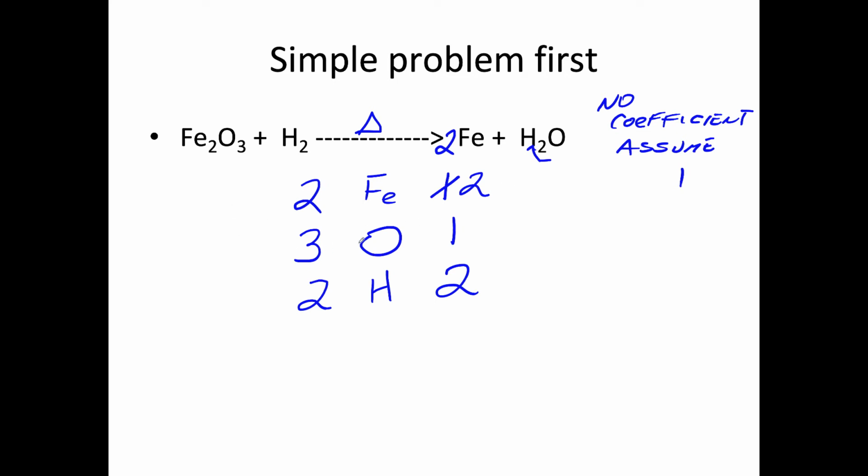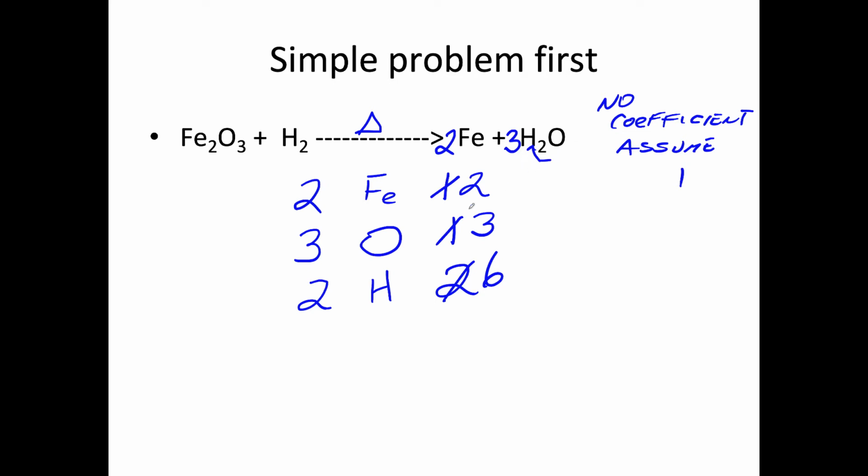So now let's go to the oxygens. We got 3 on the left, we got 1 on the right, and we need 3. 3 oxygens and 3 oxygens. That turns to 3, and oops, 2 times 3 is 6. That changes to 6. So when you put a coefficient in front, we're changing everything, and this is okay